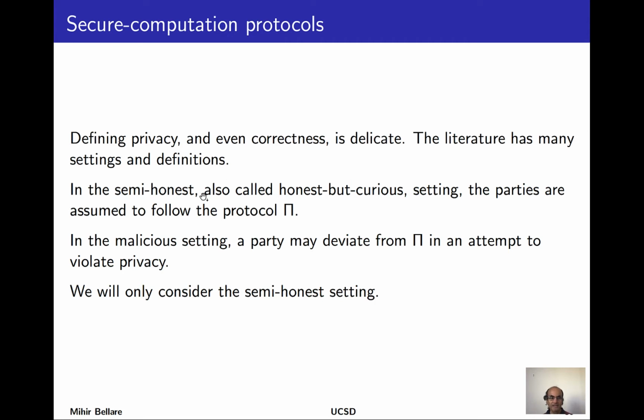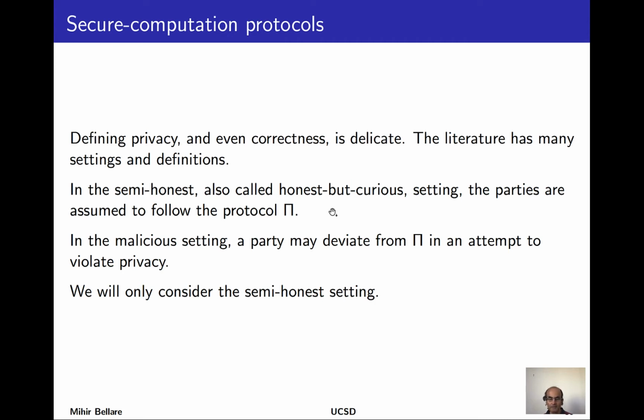And one of the main ones here is what's called the semi-honest setting, or also sometimes called the honest but curious setting. Here the assumption is that each party desires to learn as much as it can about the other party's input, but when it runs the protocol, it follows the protocol instructions. If the protocol says compute and send a message in the following way, it will do that. However, when it gets a message from the other party and in the end looks at everything the other party sent, it gets curious and it'll try its best to compute from what it knows the other party's input or